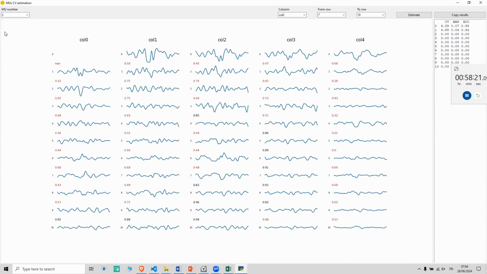This one is a terrible example. What do we see here? We don't see any clear propagation. We don't see any clear motor unit action potential waveform. So in this case, and this is also highlighted, maybe I haven't mentioned that the numbers you see here are